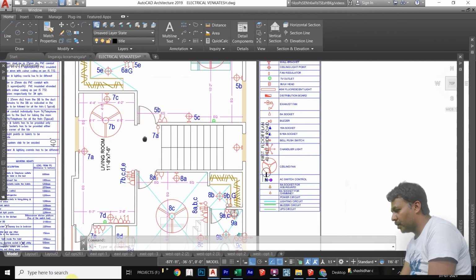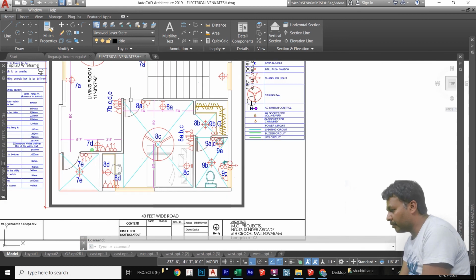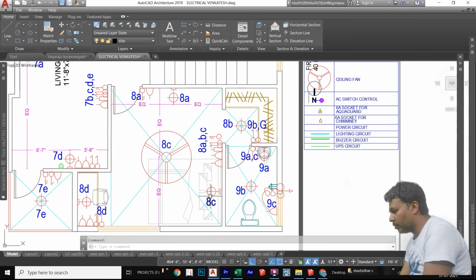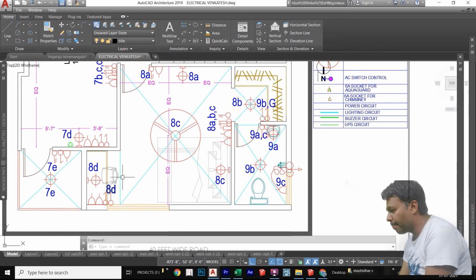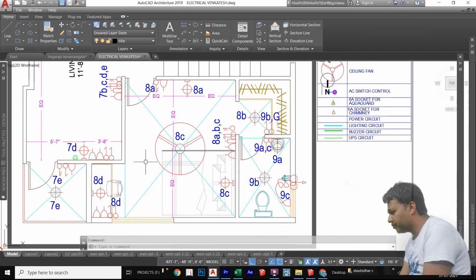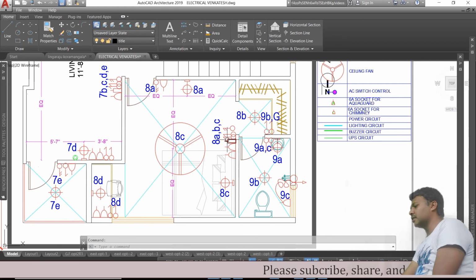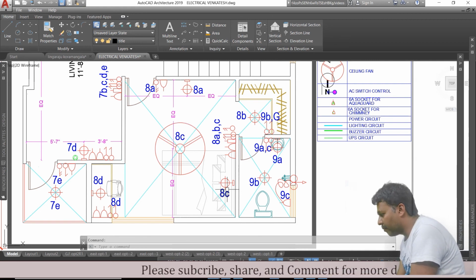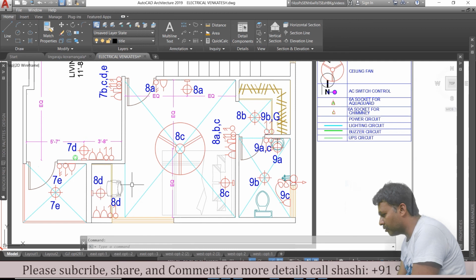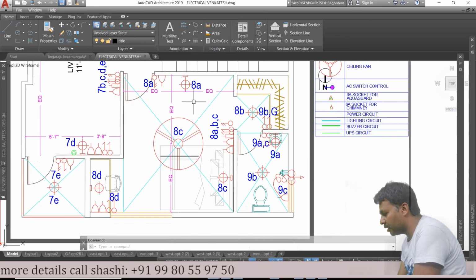Okay, now I am explaining the one more bedroom. This is one more children's bedroom. Here also I have given 3 light points. This light point is controlled here. Once we open the door, we can immediately switch it on, and one more light point is here also. Sorry, the light control is here, and the fan point, and this light control and fan point are completely given here, and the fan regulator also here near the bed only.